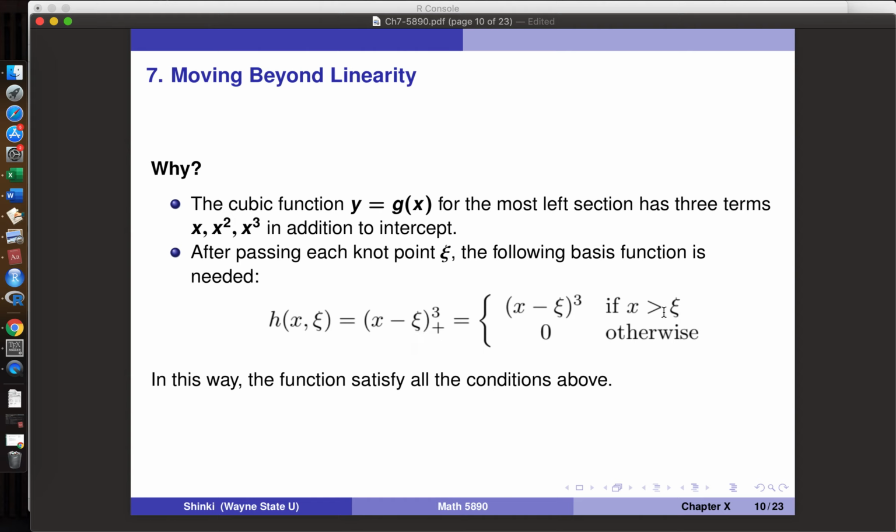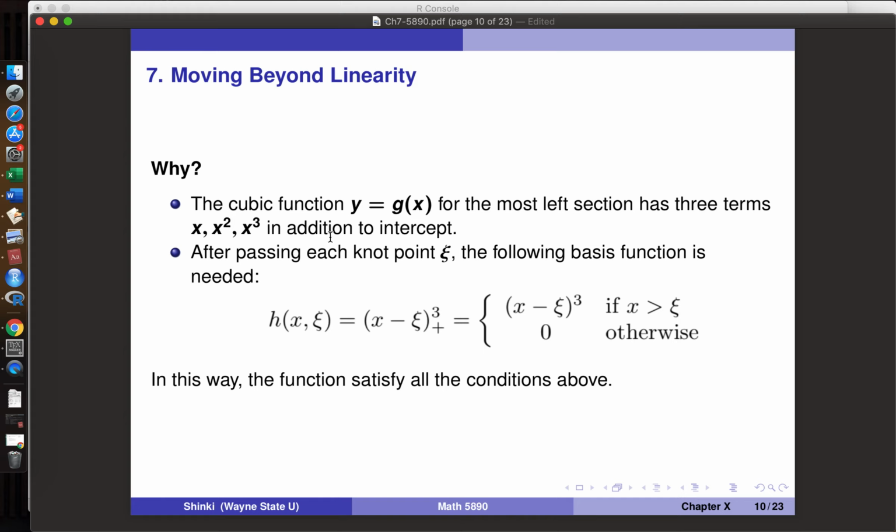So if x is more than xc, then it is x minus xc cubed, and if less than xc, then that is 0. So this is a smooth cubic curve, and it's 0 at x equal to c. And the first derivative and the second derivative at c are also 0. So basically, this satisfies the conditions